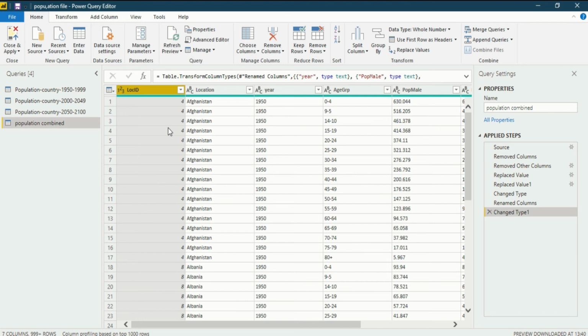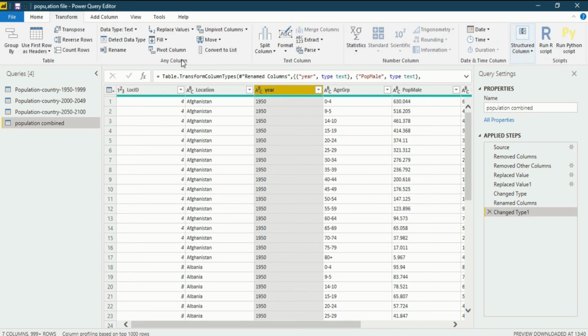But as you know, there are more options available with the same functionality that could do the same function but are present in different ribbons. So I will do it from a different ribbon in this column, because this column does not need to be changed into a different format since it's a text format. Now get into the year column. I want to change the data type of this column. How to do that? Get into the transform ribbon.